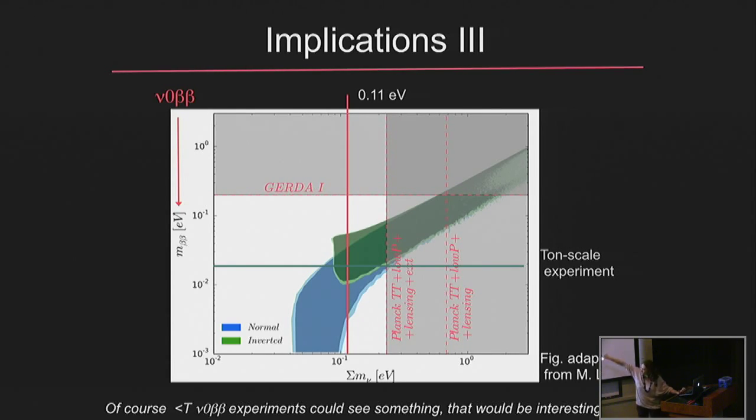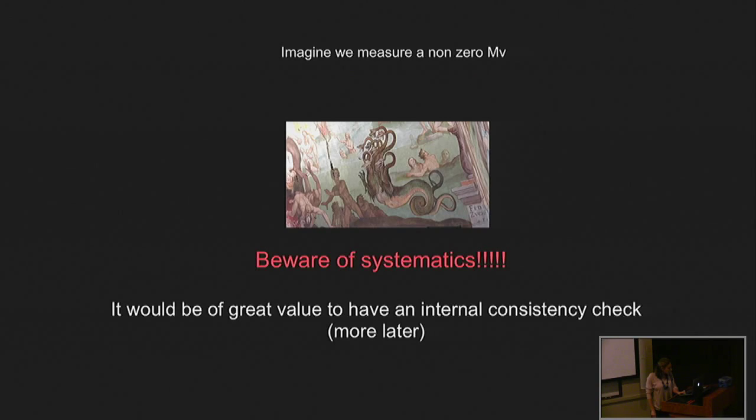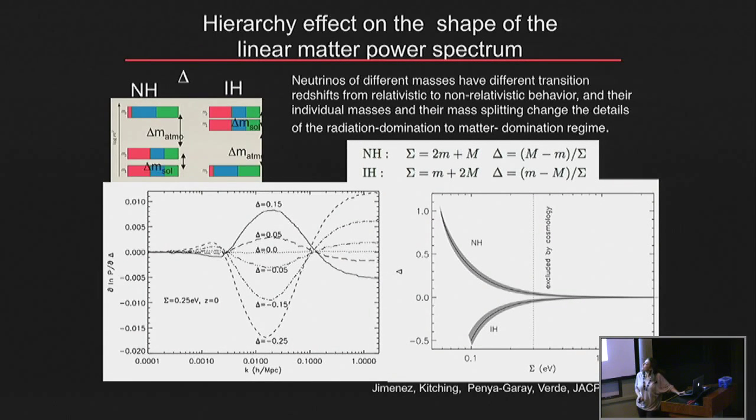So go down there. Imagine we measure a non-zero neutrino mass. How do we know that it looks like a duck and it quacks like a duck, and we haven't seen something else? So one possibility, and I really conclude, is that